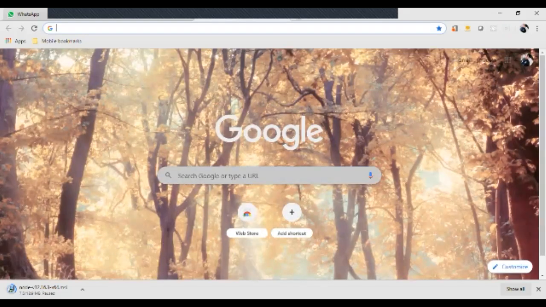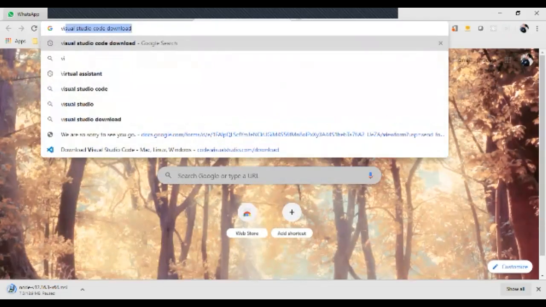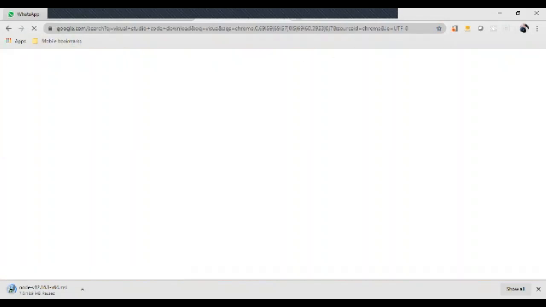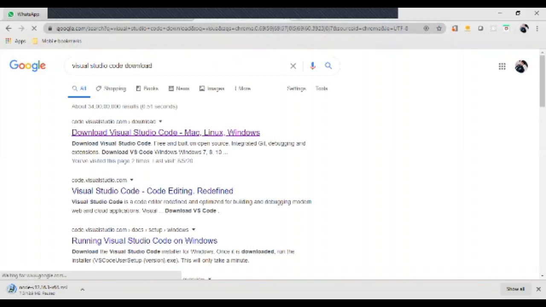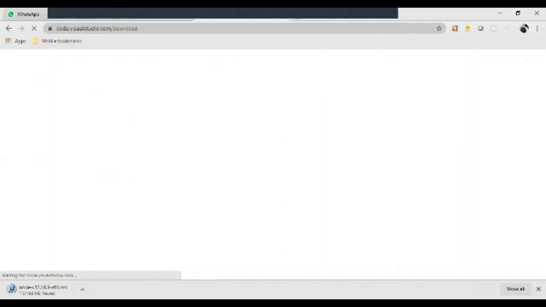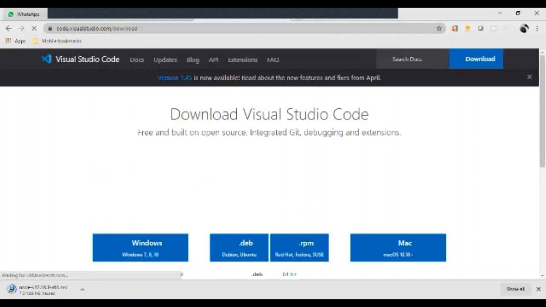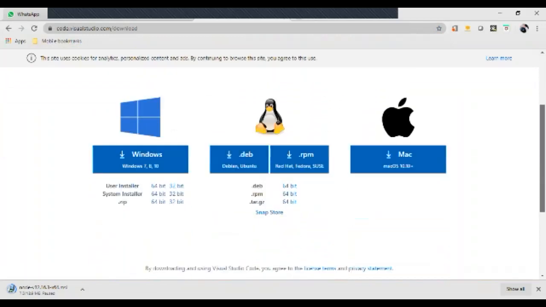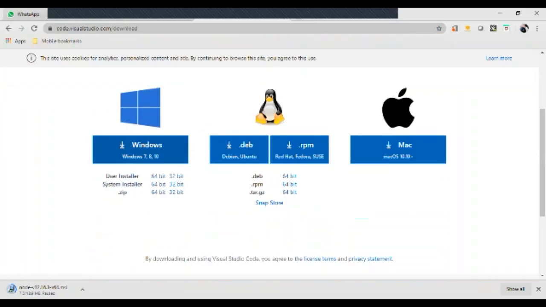And we need an IDE to develop our scripts. For that, I'm using Visual Studio Code, which is open source. If it is Windows, you can go with the Windows version, or else Unix or Ubuntu, or Mac, you can go with those.